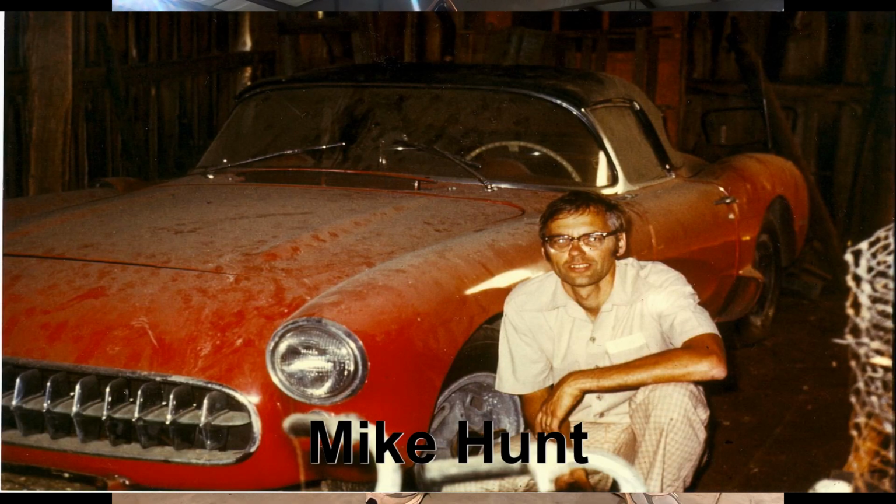And by early '58, this one did have a 4-speed and a 283 fuel-injected engine in it, because he obviously raced the car a lot. So he raced it mostly with a fuel injection? I don't think he raced it too much with fuel injection, but when Mike Hunt found this car in central Illinois, that motor was still in it. The original block was in it? No, the CS motor, the '58 fuel-injected motor, was in it. I've just seen notes on it. It did not come when I got it because the car had gone through. Was the original motor